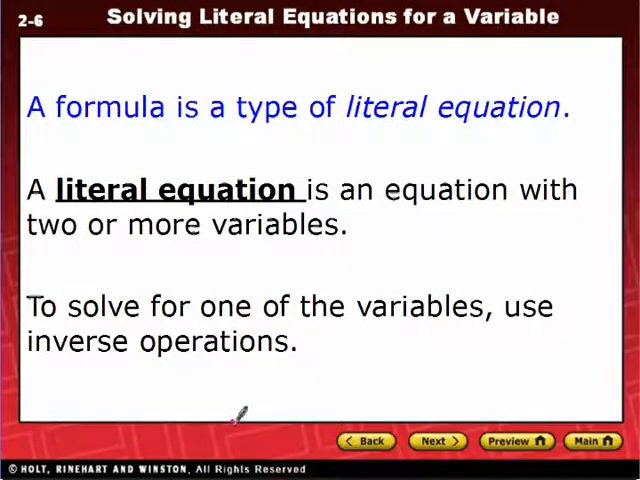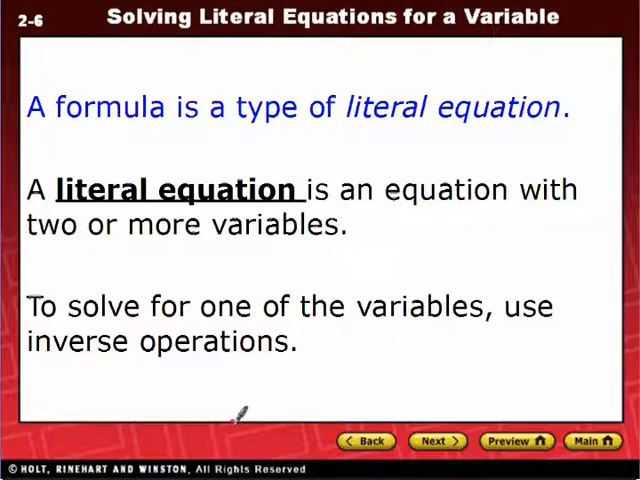Formulas are types of literal equations, and a literal equation just means that it's pretty much all variables, two or more variables, rather than numbers so much. And same thing, when we want to solve for one of the variables, we're going to use inverse operations. We end up doing this a lot when we start graphing equations and things like that, because when we graph equations, we often want to have the equation solved for